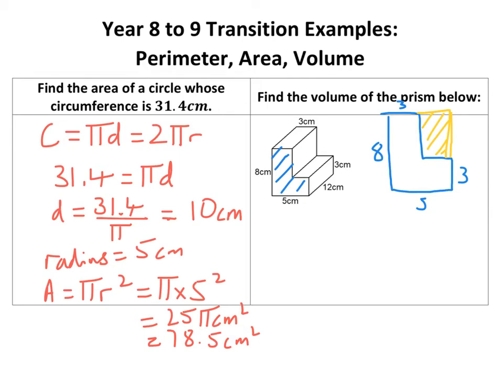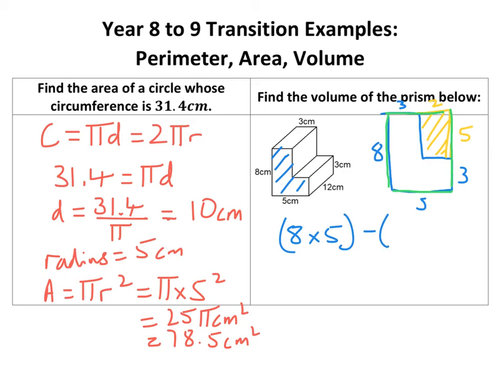Right, so what I'm going to do, now that gap is 5 by 2, because that whole length has got to be equal to this whole length, right, and that whole length there is 8, so if that bit's 3, the other bit's got to be 5. Alright, so what I've therefore got is 8 times 5